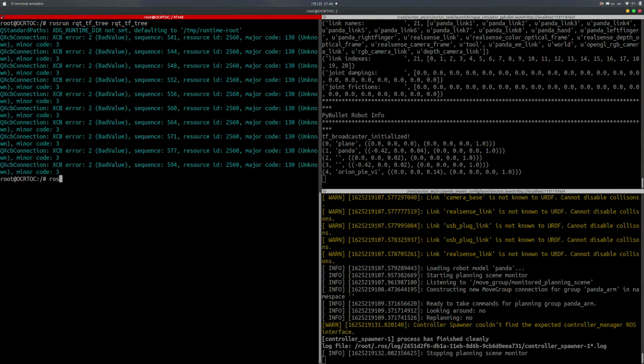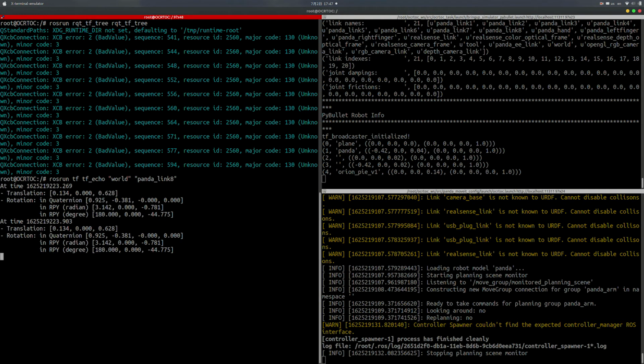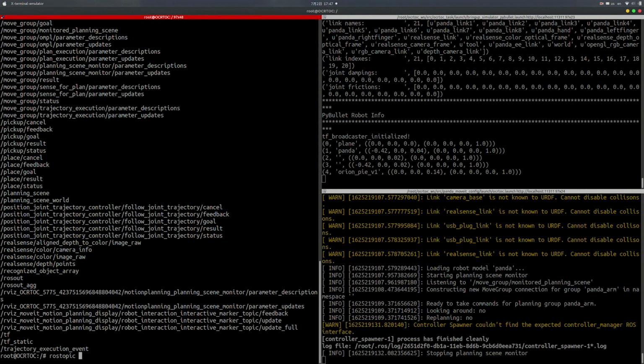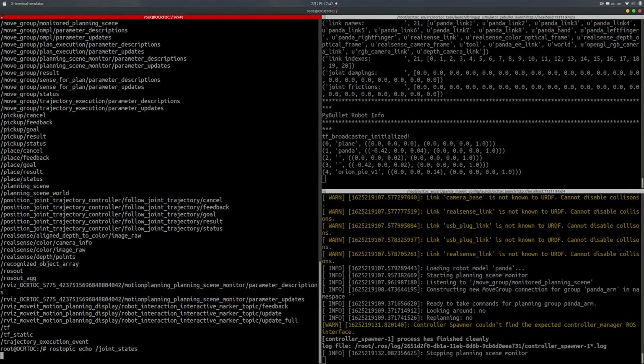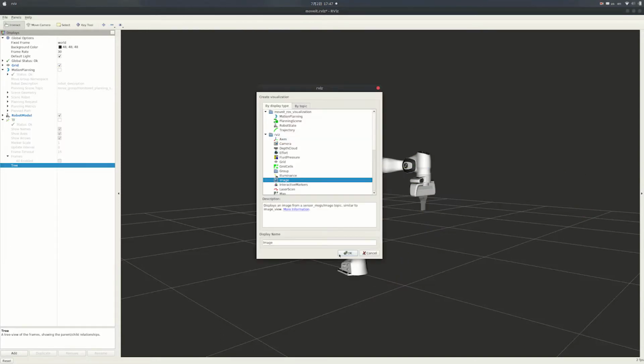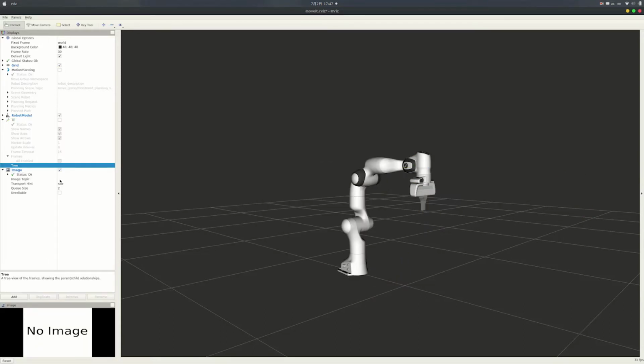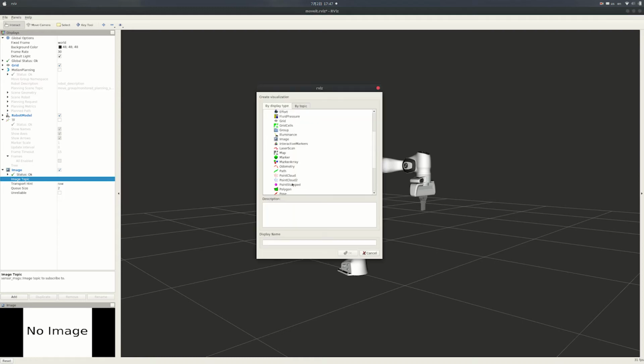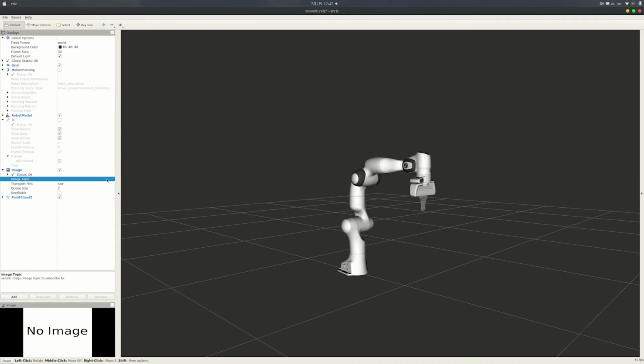In addition, you can get the transformation between any 2 connected frames using the TF command. For joint angles, you can directly print the topic in the terminal. You can also obtain these angles through the ROS Python and C++ API. As for the camera, you can add an image or a point cloud tool in RViz and subscribe to the corresponding topic to see the result. As shown here,